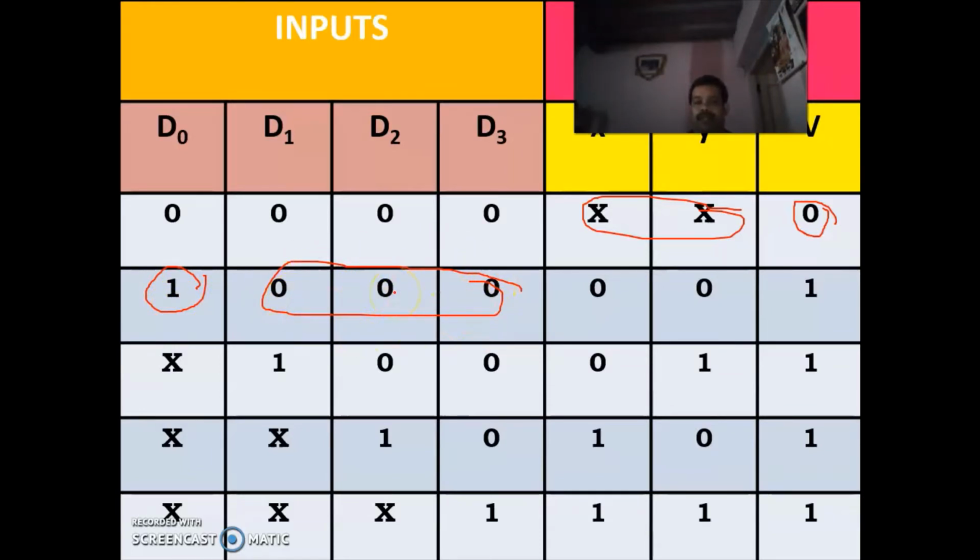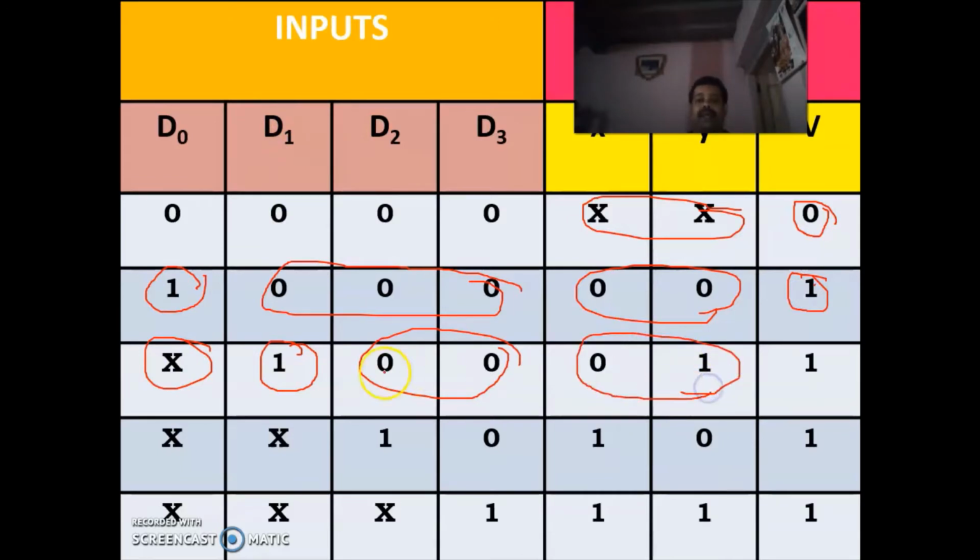Okay. So we are putting D0 as 1. And since one of the input is 1, V is 1. Then the binary value of 0 is 0, 0. You have to write that. Then we are putting 1 in the place of D1. And to the right of that input, you have to write zeros. To the left, it is don't care. Why? Because this D1 is having more priority than this D0. Okay. Then the binary value of 1 in 2 bits is 0, 1. That is the output you are writing in the place of X and Y. Since one of the input is 1, you are writing V as 1.